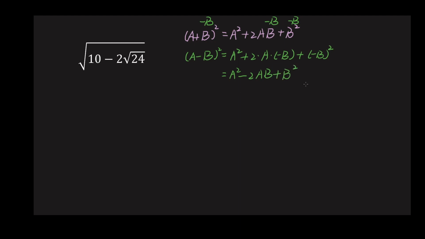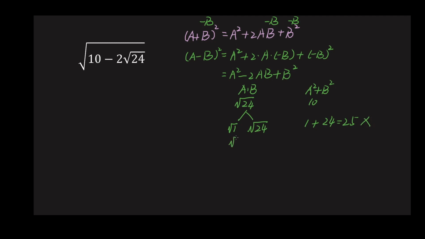That is a squared minus 2ab plus b squared. And still compare this part and this part. It's easy to know that 10 corresponds to a squared plus b squared. And square root 24 corresponds to a times b. Let's split it into two parts. Square root 1, square root 24. This squared is 1, this squared is 24. 1 plus 24 is 25. It's not the right answer.